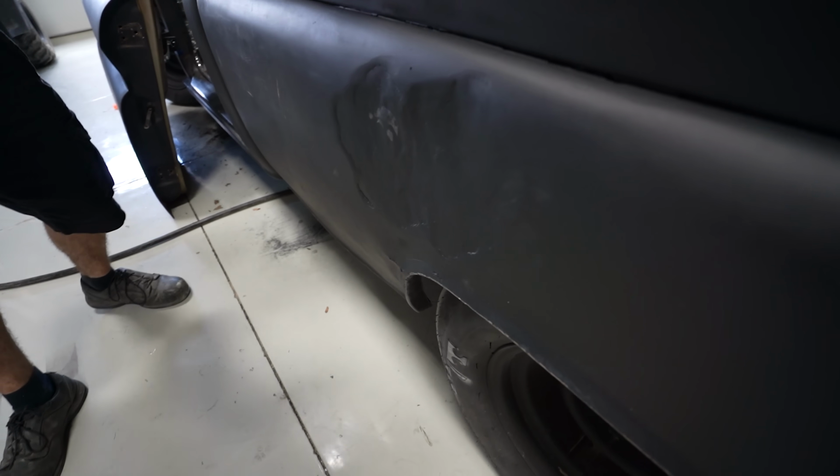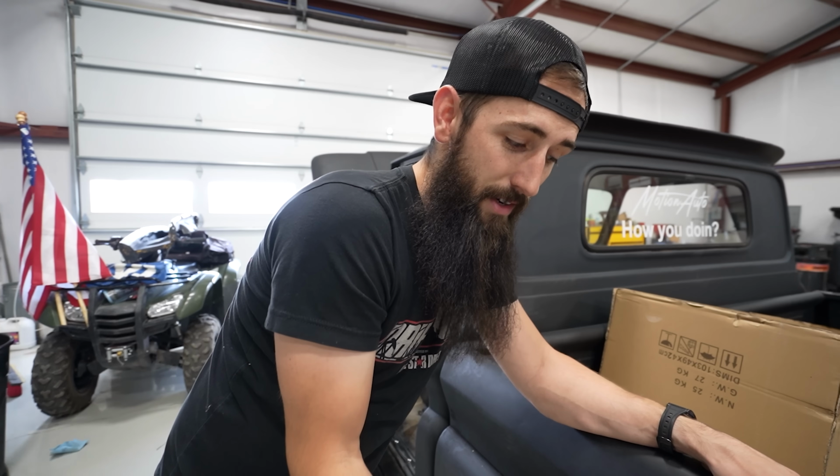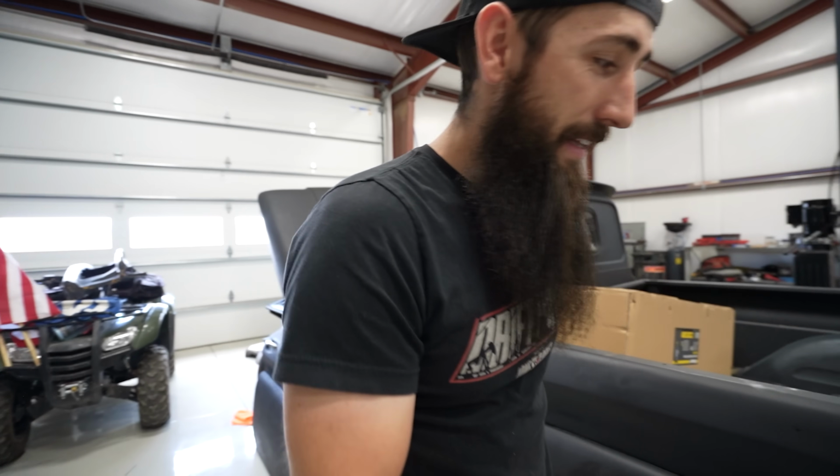But look at these dents. I think the previous owner either did this and it started cracking, or he discovered it as he was priming and stuff. And he said, I'm not gonna worry about that. And he went with the rattle can and just left it. Then I ended up buying it. Still a pretty presentable truck, and honestly in pretty good condition considering the fact that this thing is from 1964,